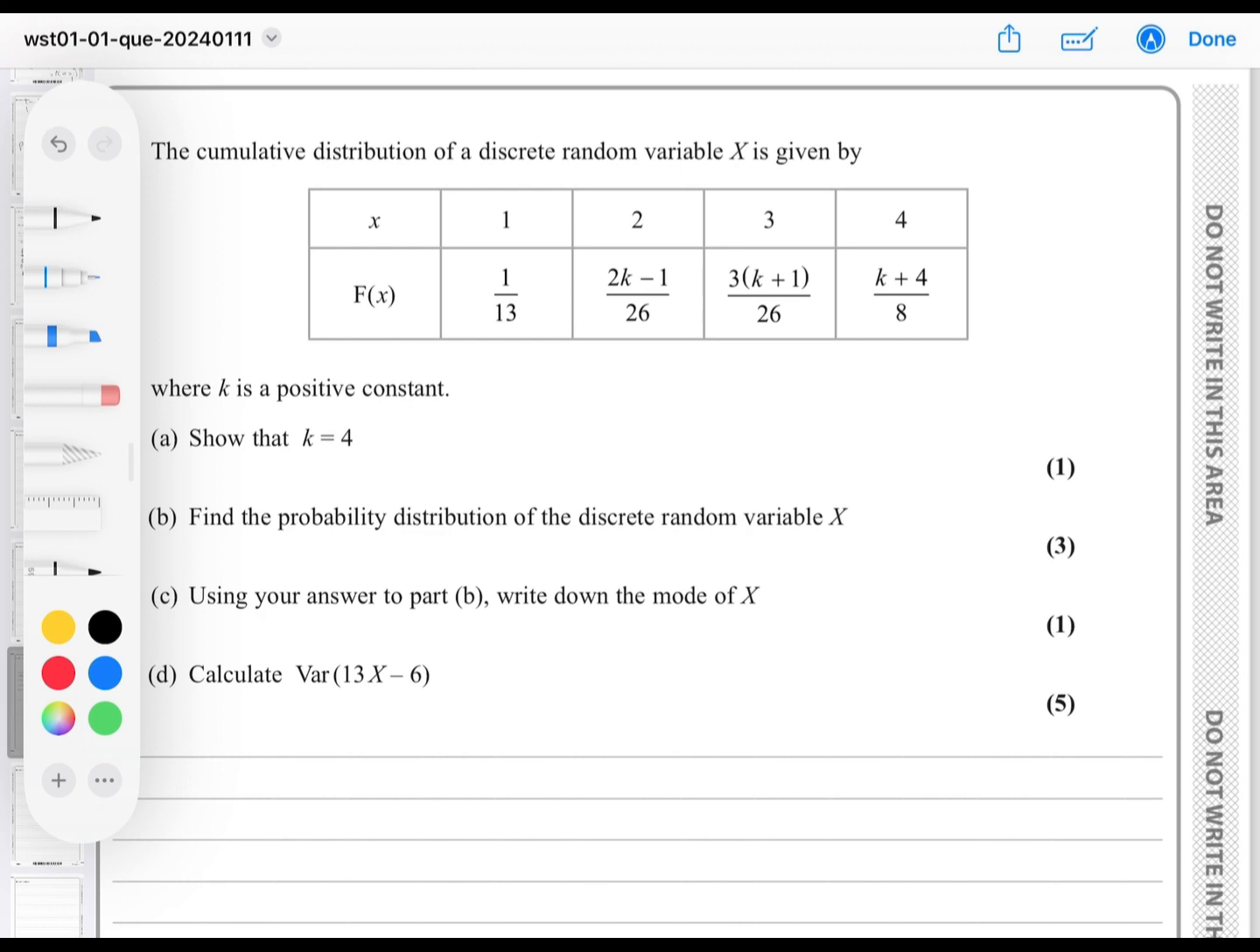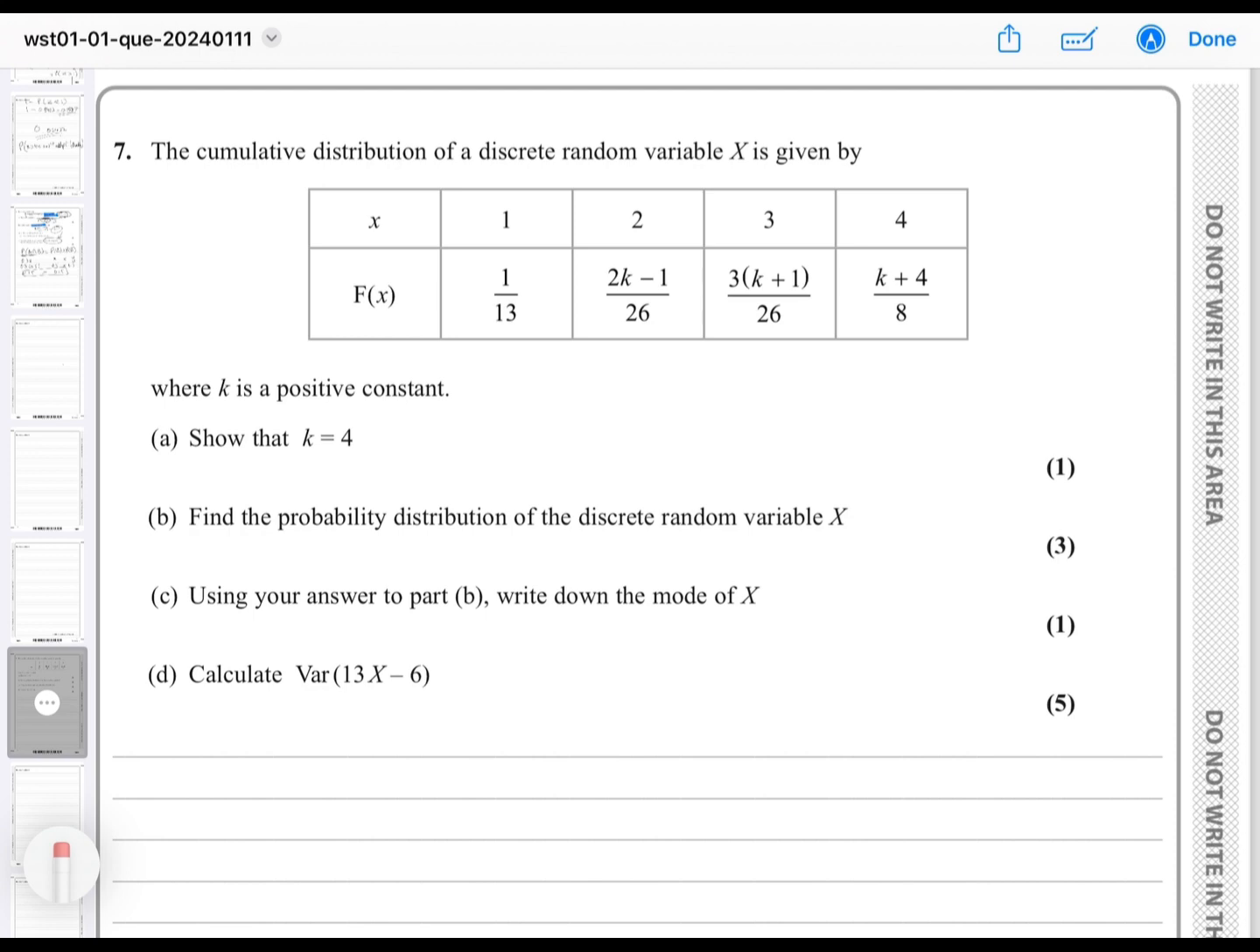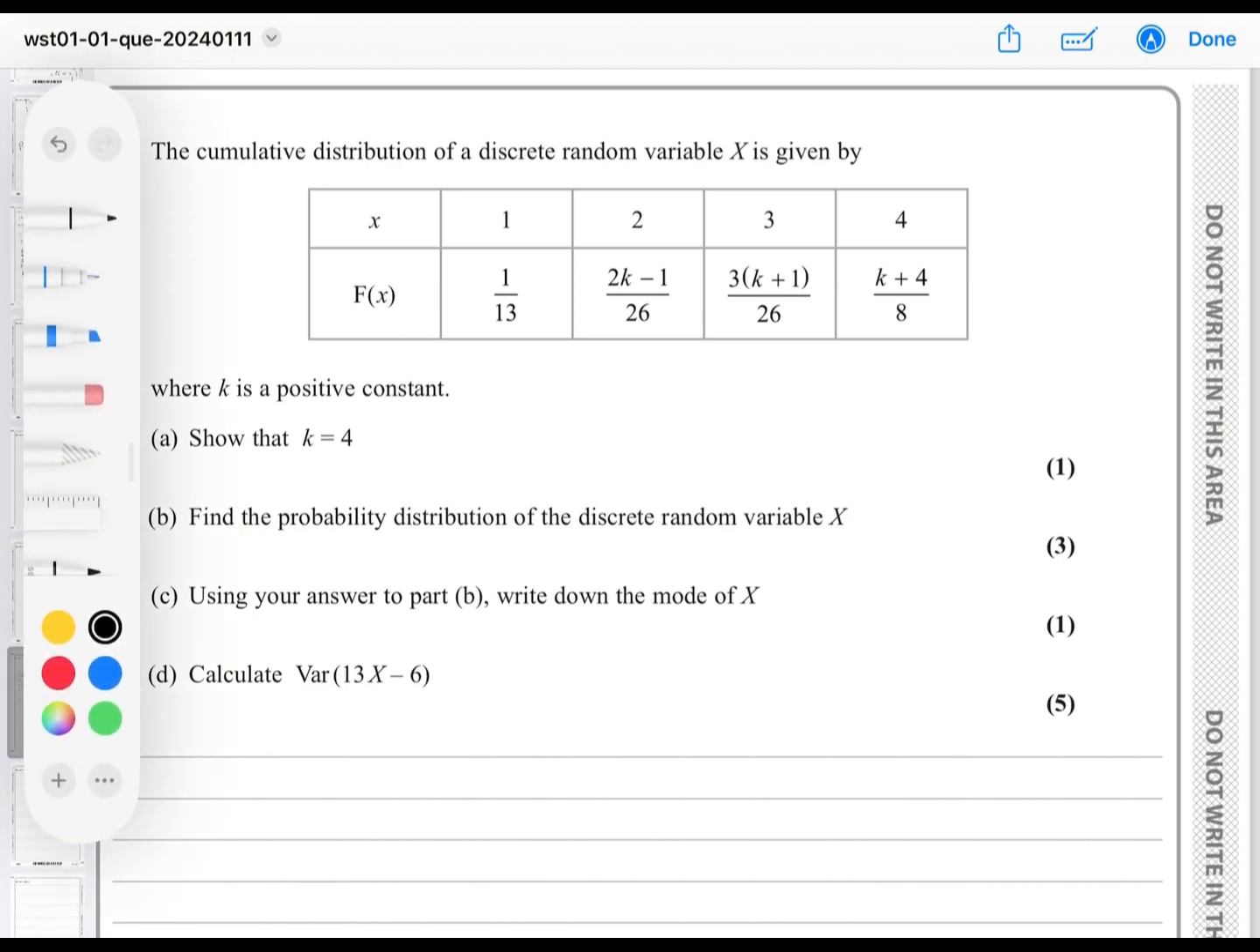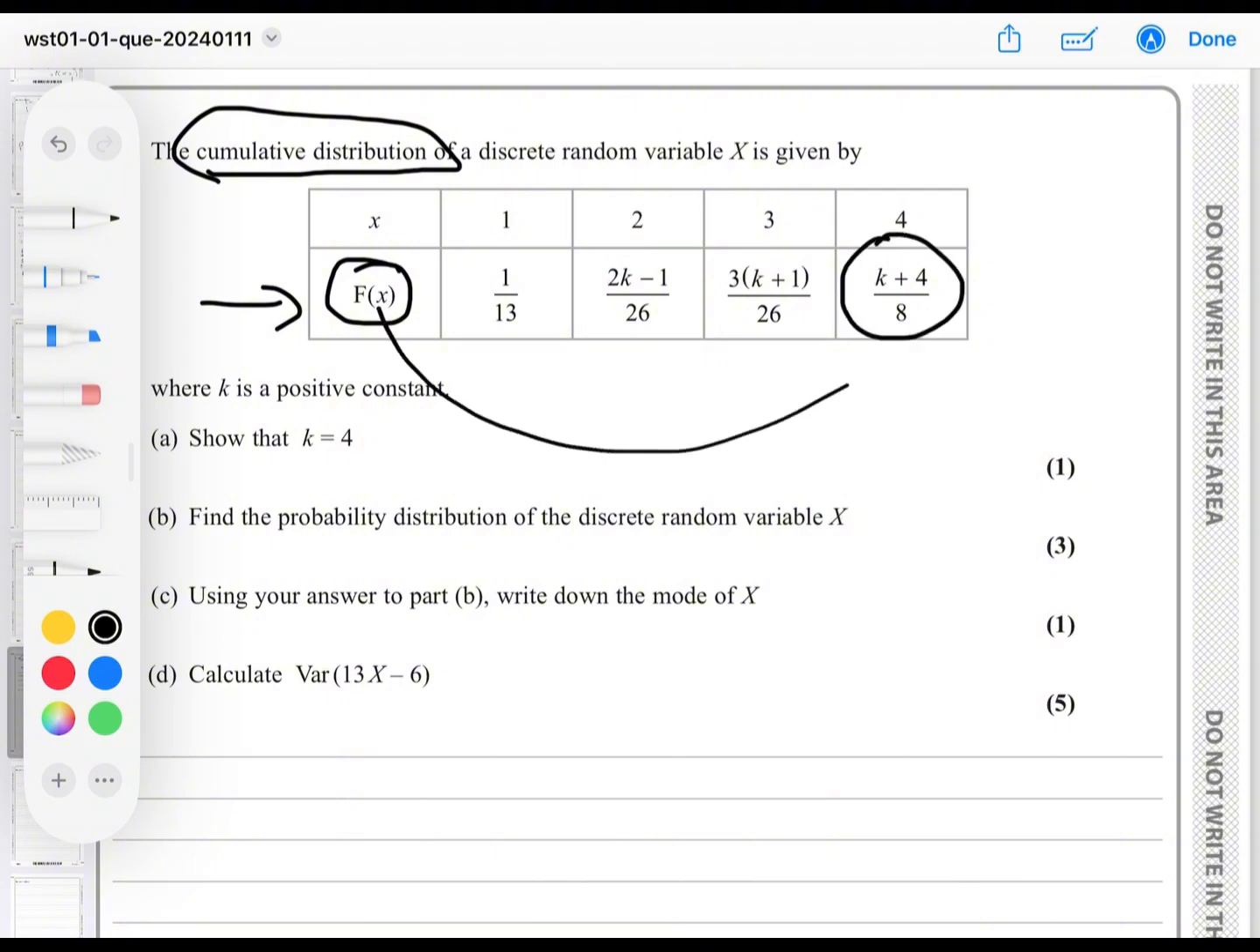Now the next question, question number 7. Here in the first part, you can see that they are asking for the value of k. This row is for the cumulative distribution. They gave us the cumulative distribution here, and in this we have an unknown, which is k, and we have to show that the value of this k is 4. So in cumulative distribution, you know that the last one is equal to 1,